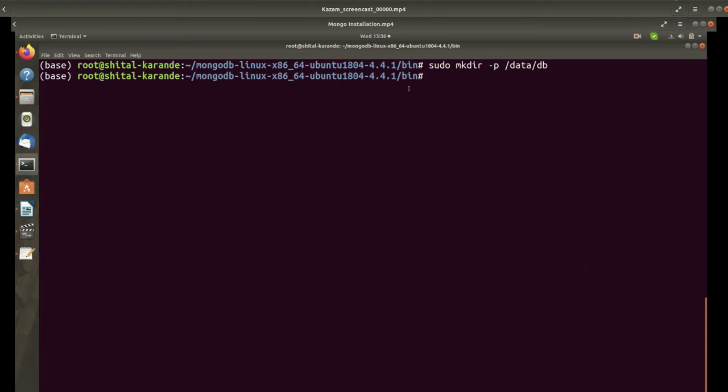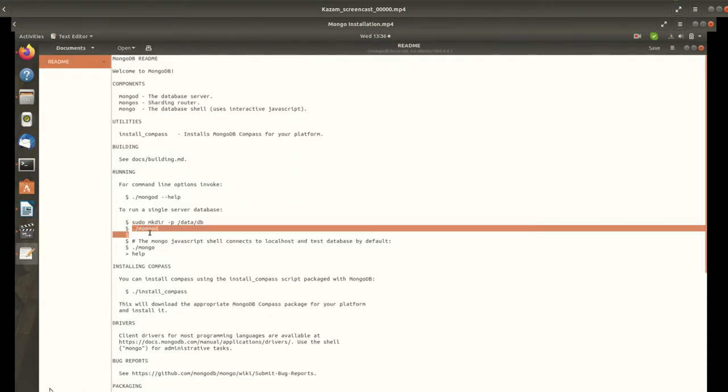I followed the README instructions, and after following them I created this with sudo mkdir -p /data/db in the bin folder. Whatever documents you create in MongoDB will get stored in this path. This path is under the bin. So I have made this directory that will have the data path.